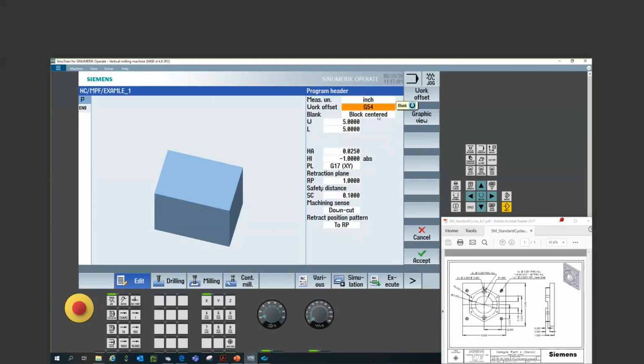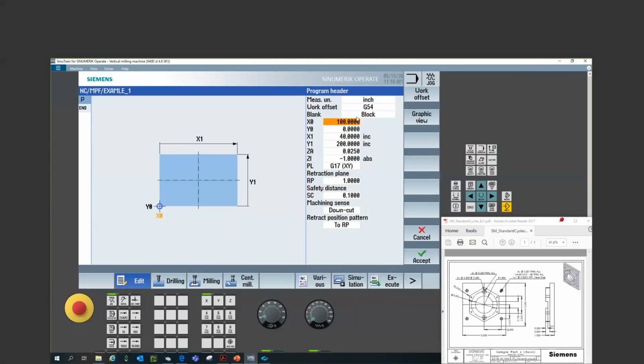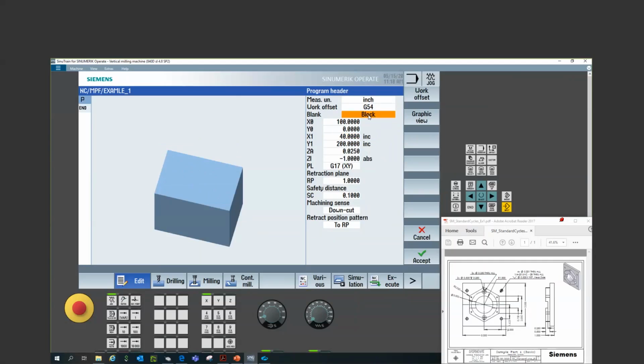And then we also have the choice to describe the stock that we'll be machining, and this is strictly for simulation purposes. We have block centered. If we were doing a cylinder, we could select that. We could do a pipe. Block centered is what we'll use, but if we want to describe it by a block, we can do that. We'll notice whenever we change fields that our graphics change as well. That's a nice feature in SINUTrain in the help menus. But we will be using a block centered,